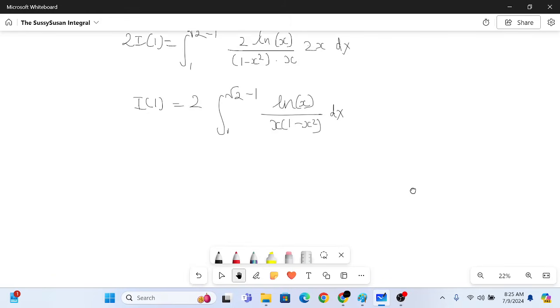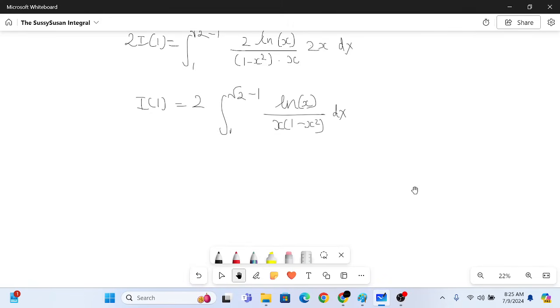Now what I'm going to do is break this integral into 2 parts. One from 0 to root 2 minus 1, another from 0 to 1. So I of 1 is equal to 2 times integral from 0 to root 2 minus 1 of ln x by